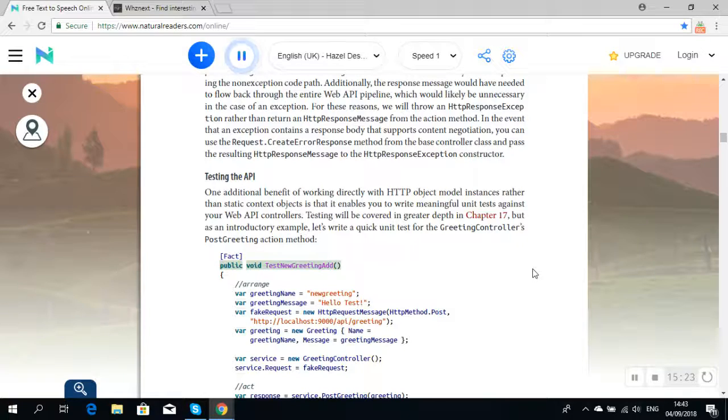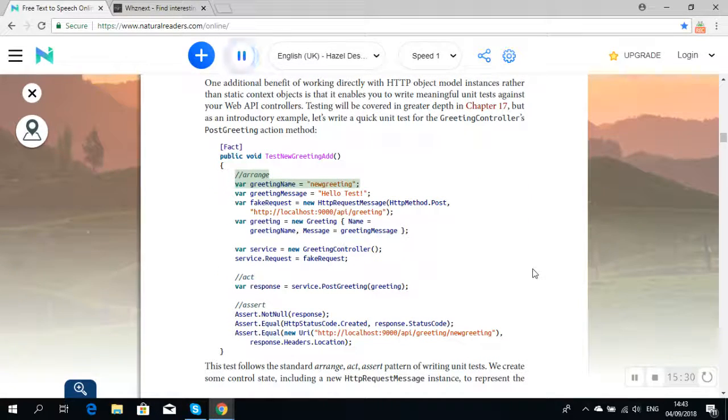[Fact] public void TestNewGreeting. // Arrange: var greetingName = "new greeting"; var greetingMessage = "hello test"; var fakeRequest = new HttpRequestMessage(HttpMethod.Post, "http://localhost:9000/api/greeting"); var greeting = new Greeting { Name = greetingName, Message = greetingMessage }; var service = new GreetingController(); service.Request = fakeRequest; // Act: var response = service.PostGreeting(greeting);